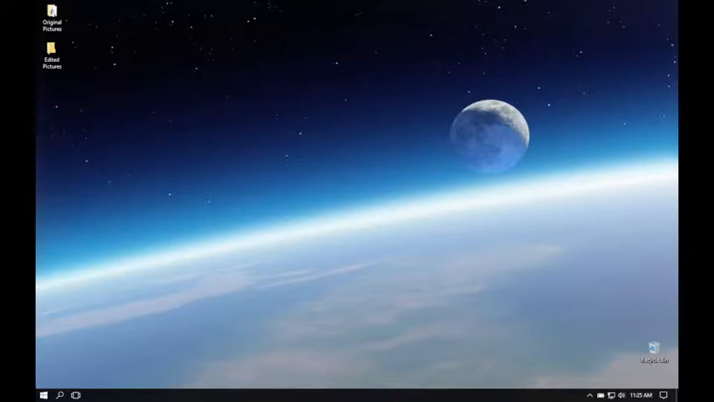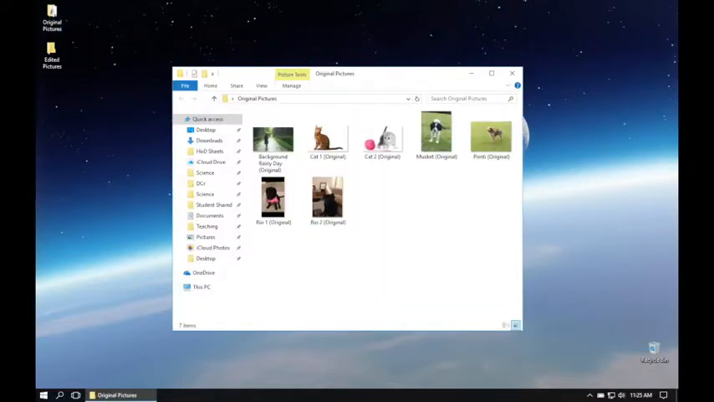The first job is to have a bank of pictures that we can use. I'm going to need some cats, I'm going to need some dogs, and then finally I'm going to need some kind of background. Now I've produced a folder here and I've called it Original Pictures, and in there I've downloaded some pictures that I want to use. A background, a couple of pictures of cats taken from the internet, and I've got 4 pictures of dogs here